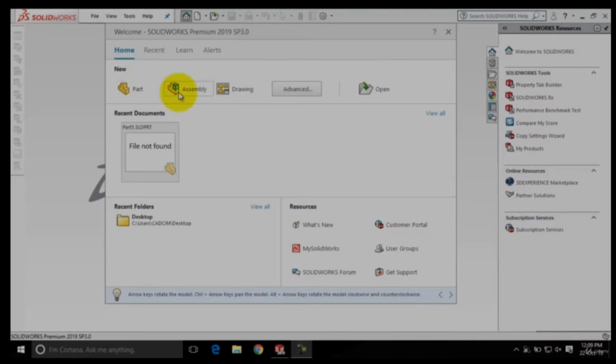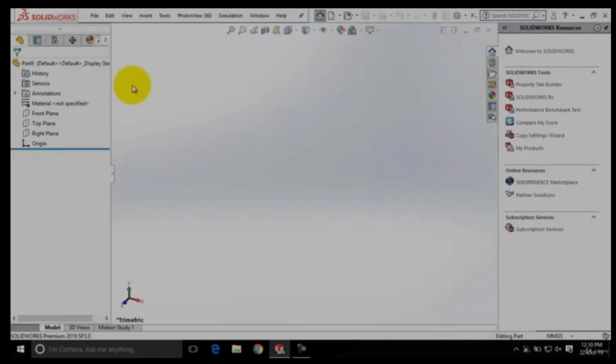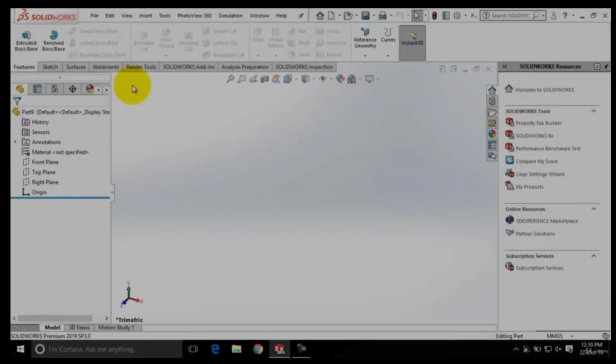SolidWorks has been divided into 3 modes: part mode, assembly mode, and drawing mode. Part mode of SolidWorks is a feature-based parametric environment in which you can create solid models. In assembly mode, you can assemble components of an assembly with the help of required tools. Drawing mode is used to make documentation of the parts or the assemblies created earlier with the help of drawing views. Now let me click on this part option here to evoke the part mode of SolidWorks so that we can understand the interface in a much better way.